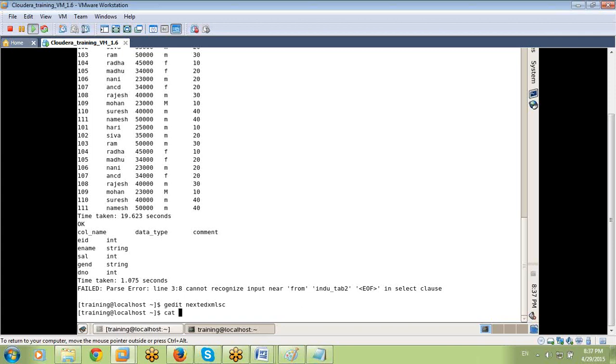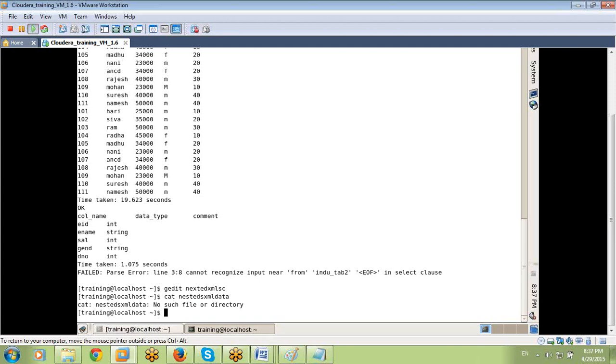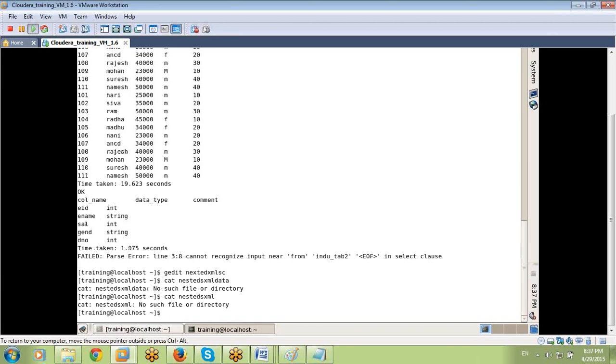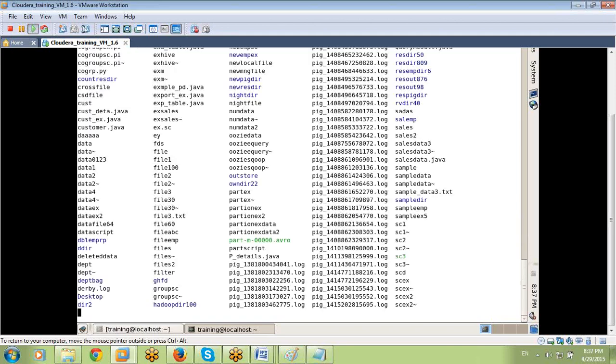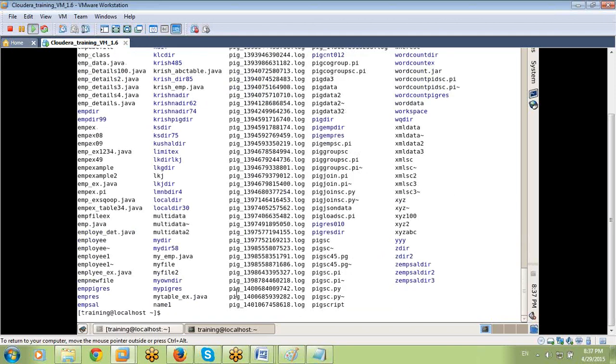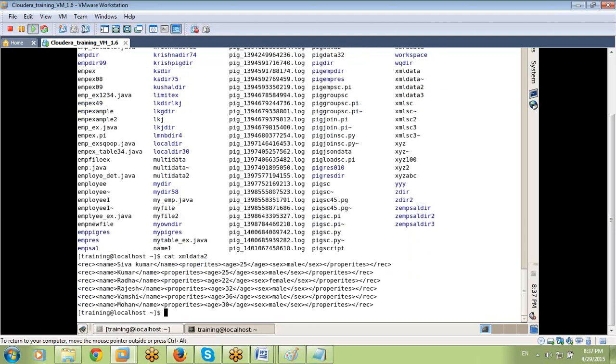I already created it. Clear everything first. ls, cat xmldata2. Yes, this is the data I created previously, and now I want to see the script also.